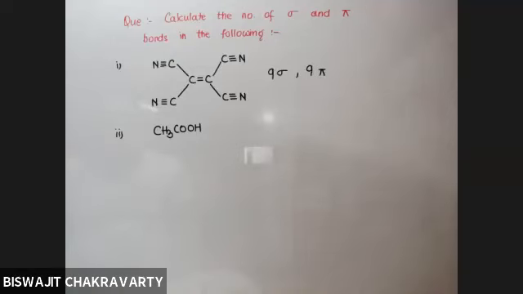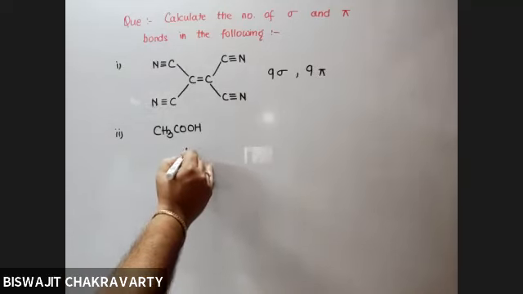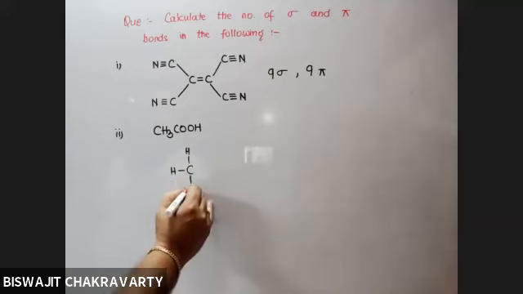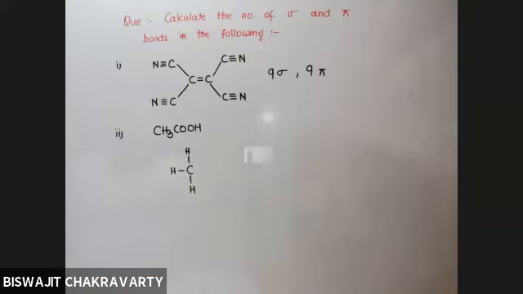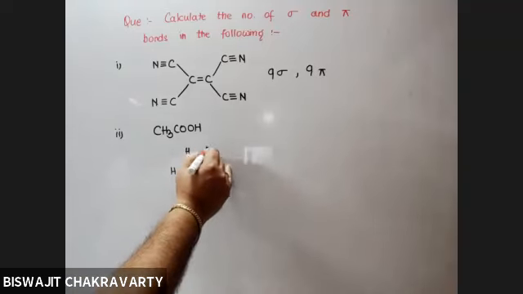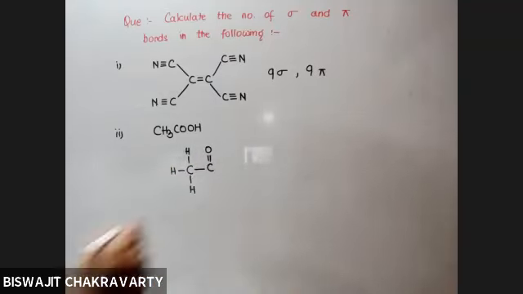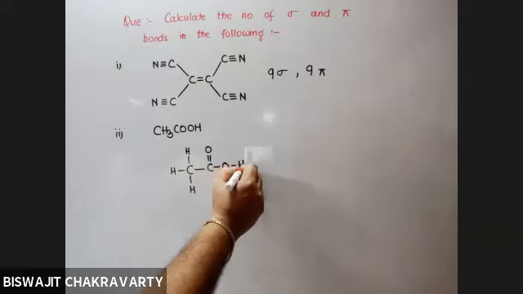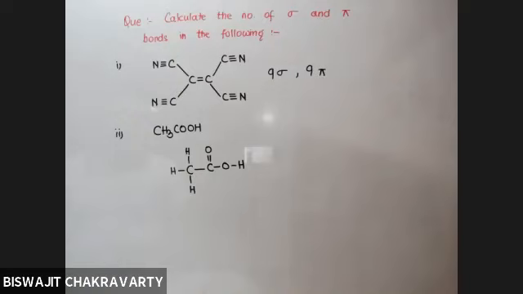Okay, now I was talking about CH3COH. Oxygen's valency is 2, carbon's valency is 4, hydrogen's valency is 1. So keeping in mind that fact, you have to draw the structure so that everyone's valency is maintained. Hydrogen should always be at corners. This is the meaning of CH3. Then C double bond O, because oxygen's valency is 2. Then O, then H. So you see, everyone's valency is maintained. Is it understood?